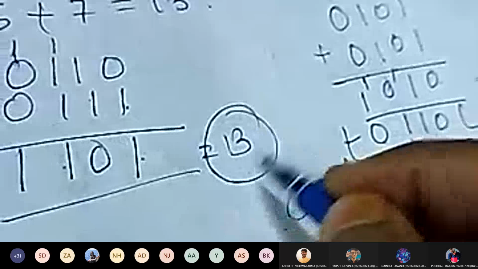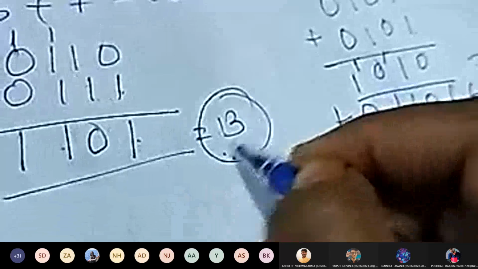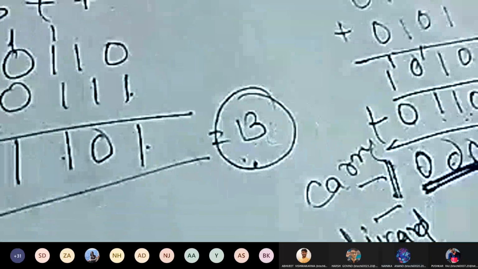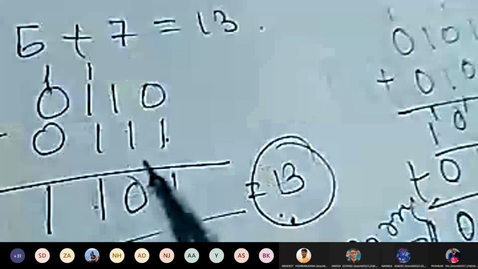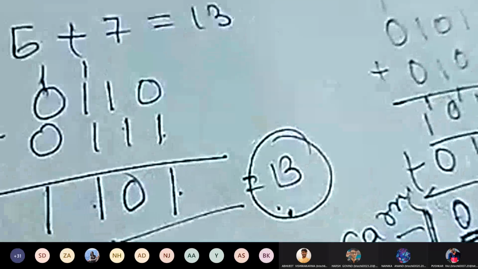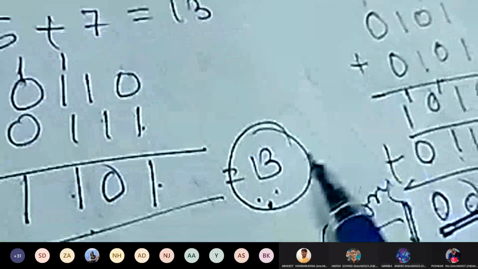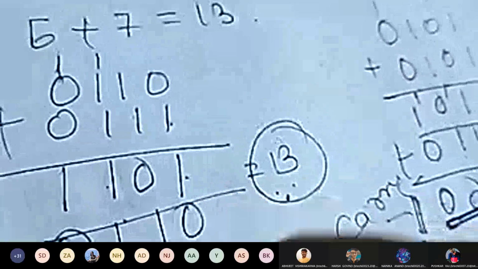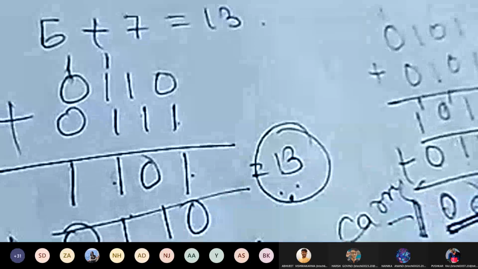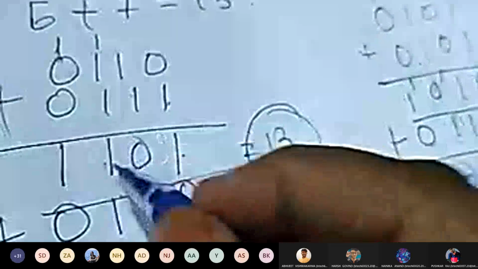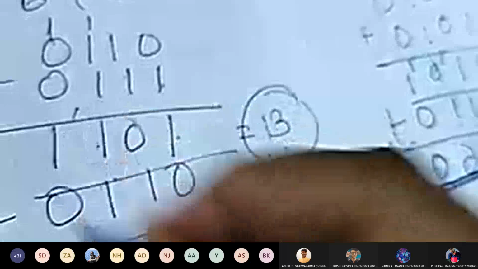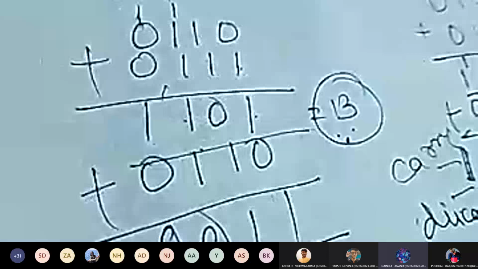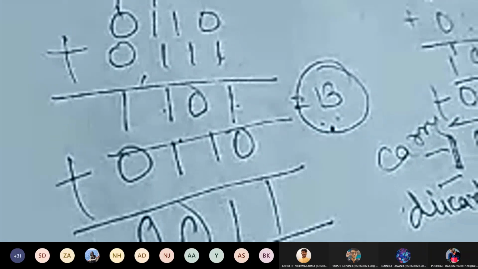Now Nanika, tell me, is this 13 decimal a BCD or not? No, ma'am. So now, if I want the BCD as an output, what are we going to do? If it is exceeding 9, then we will add 6. Very good. So what value are we now getting? 0 plus 1 is 1, 0 plus 1 is 1, 1 plus 1 is 0 carry 1, 1 plus 1 is 0 carry 1. So again we will take these 4 bits, and this extra bit, that is the carry, we will discard.